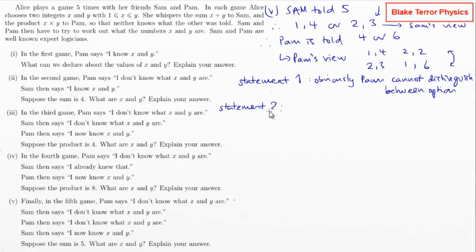Sam is thinking, right, so he's got that or that. That's Pam's view of the numbers. That's Sam's view of the numbers. I suppose he's also got his view of what Pam's thinking, because he would be thinking the same here of what Pam would be thinking. So how is this helping in there? So Sam's view is both of these things. This is his view of Pam's view. So if Pam was looking at one of those,